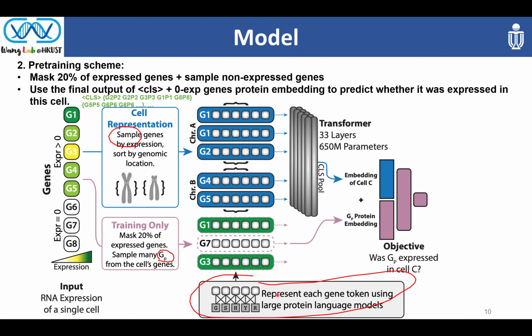This is designed by Facebook, and they use many protein sequences to train protein embedding. I think it's kind of like another AlphaFold 2. Why do they not just use the RNA sequence to see whether the RNA